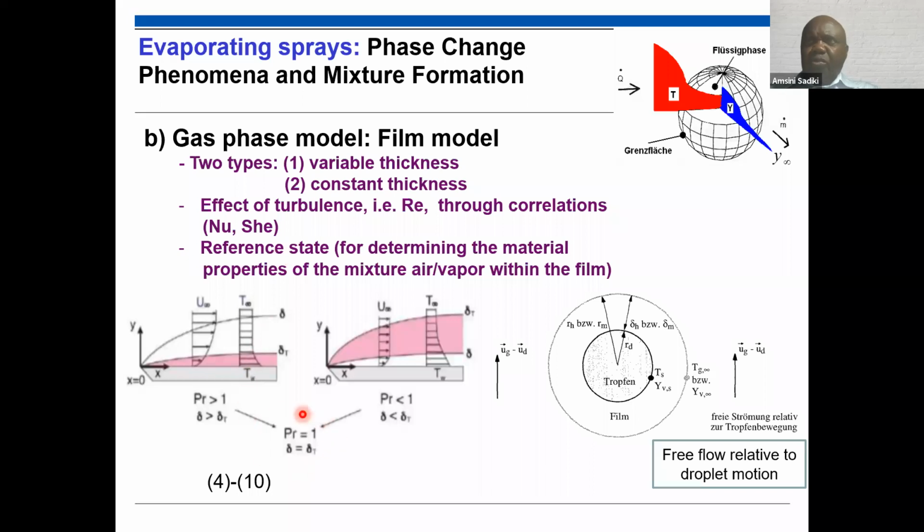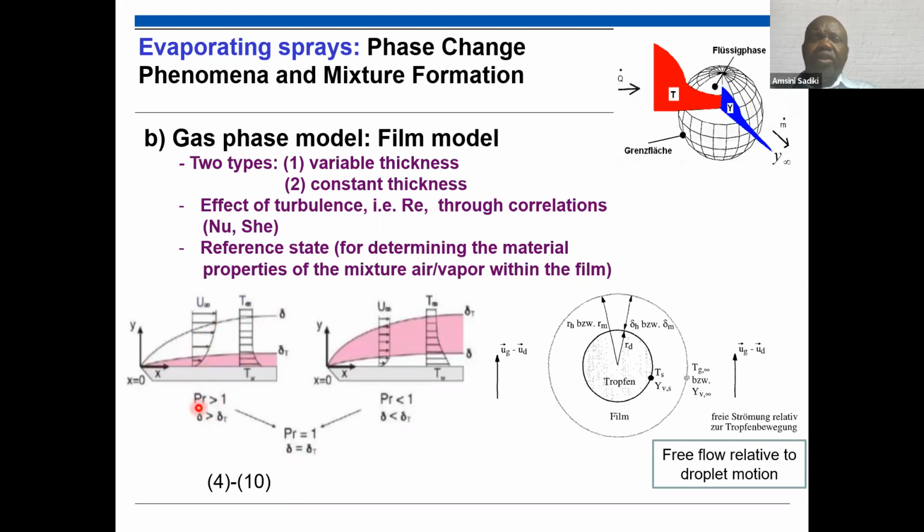But I would like to point out here that if we have different boundary layers, we also have different processes. So if, for example, the flow boundary layer is larger than the thermal boundary layer,